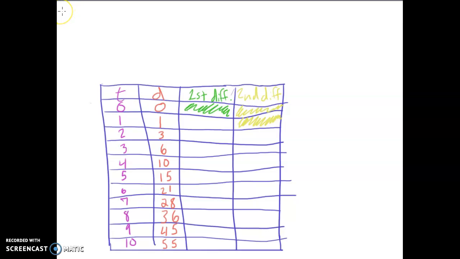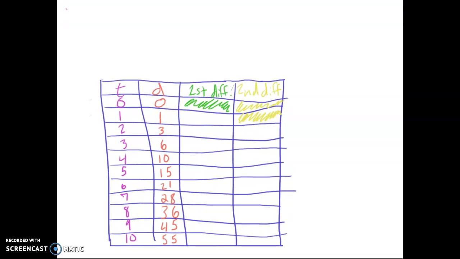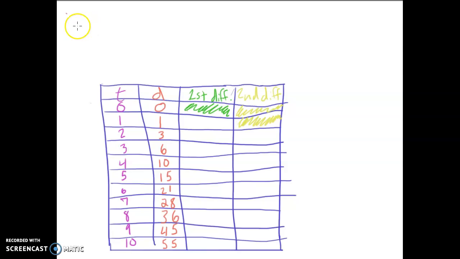Okay, in today's daily practice problem, we will be practicing taking the first and second differences. So for this problem, imagine that you've collected some time and distance data of another ball. And this time, we have a ball that is rolling down a ramp. Or sorry, let's say we have a ball rolling up a ramp, and